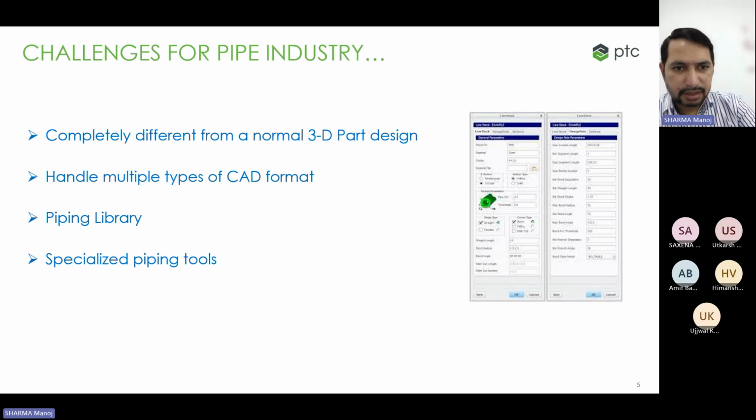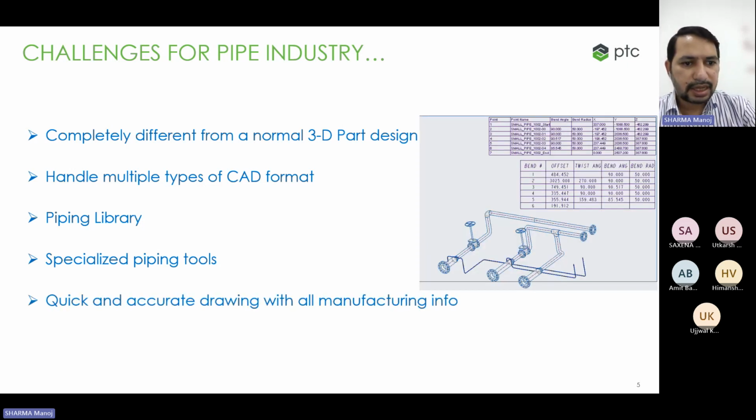Suppose you want to place miter joints between the bend radius. Suppose you want to create your own pipe design rules. So your piping module or your software must have these specialized piping tools, right? Then there must be an option to quickly and accurately create the drawings for the manufacturing information, because once you route